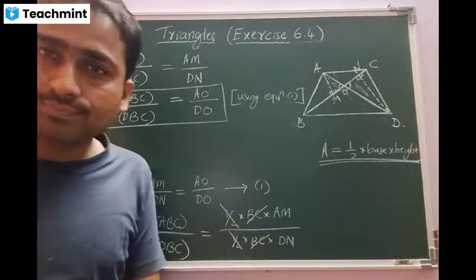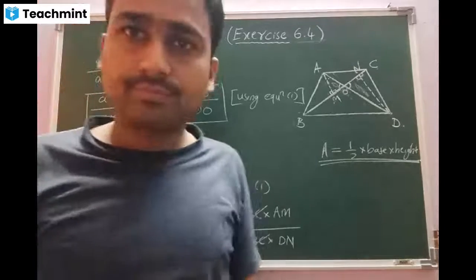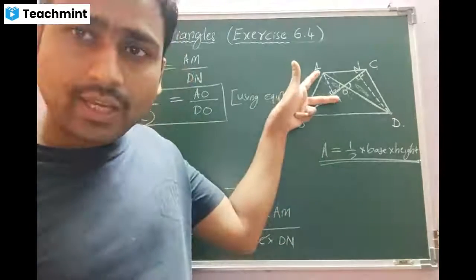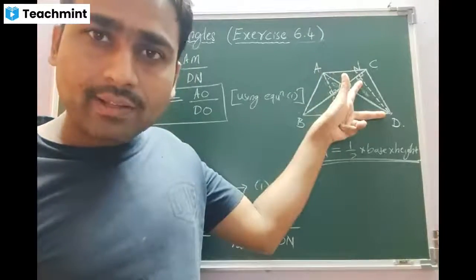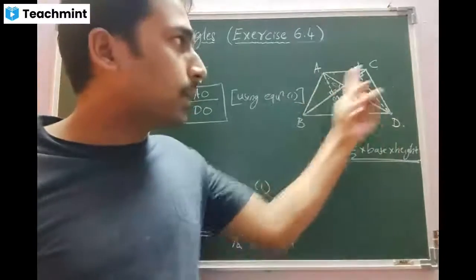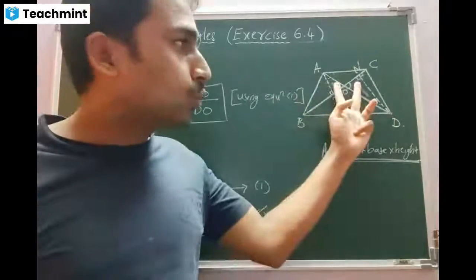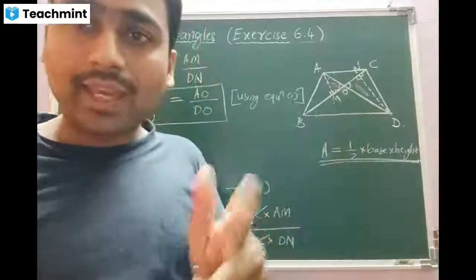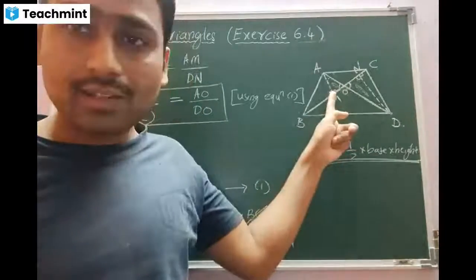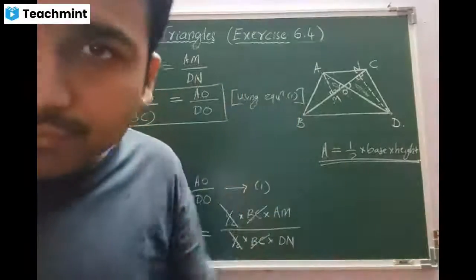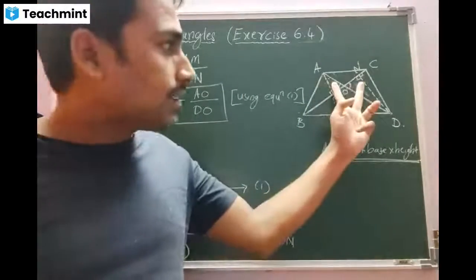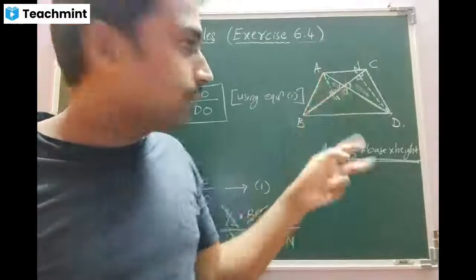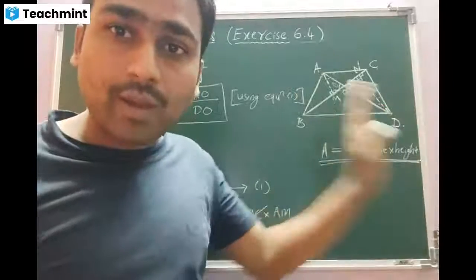Done? Okay, beta. I'll repeat what we have done. We went for the construction AM and DN, the two perpendiculars from the vertices A and D to the same base BC. Then we got two right angle triangles, AMO and DNO. We proved they are similar using the AA rule: vertically opposite angles and 90 degree angles according to the construction. Correct, beta? Yes, sir. Once these are similar, I can arrive at the result perpendicular by perpendicular, that is AM by DN is equal to AO by OD, which we require at the end of the result.